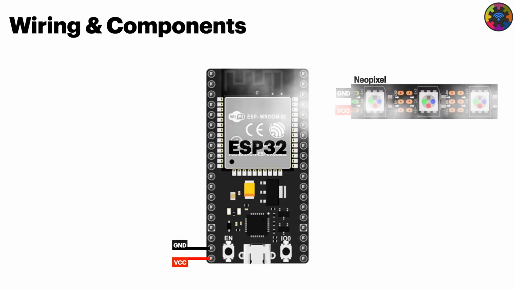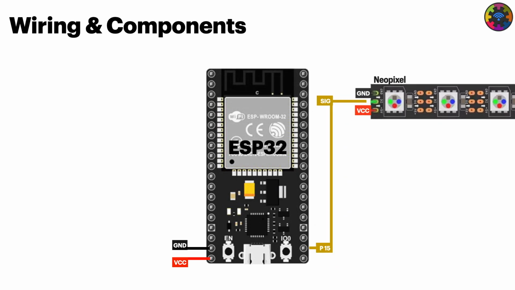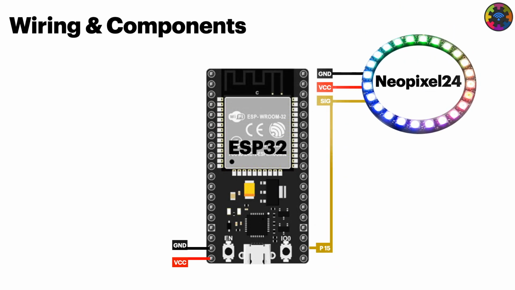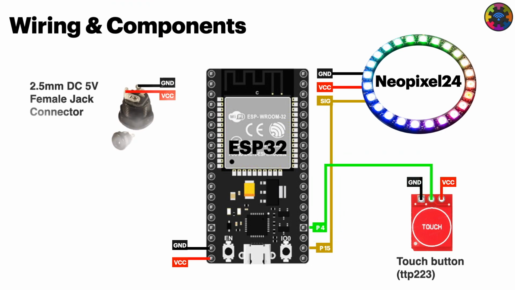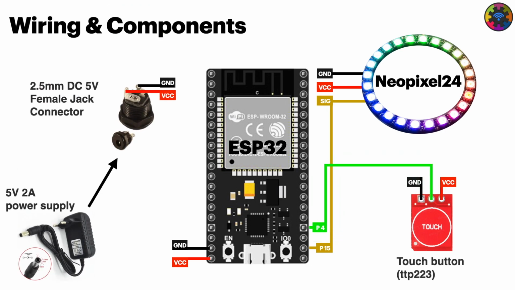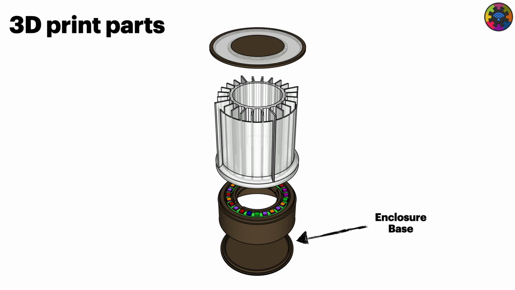We need a Neopixel LED string, or specially for this project a Neopixel ring with 24 segments. To be able to switch the lamp manually, we will need a touch button. Furthermore, you will need a 5V 2A power supply and a power jack connector to be able to connect the power supply with the lamp. You will need an enclosure for this build,